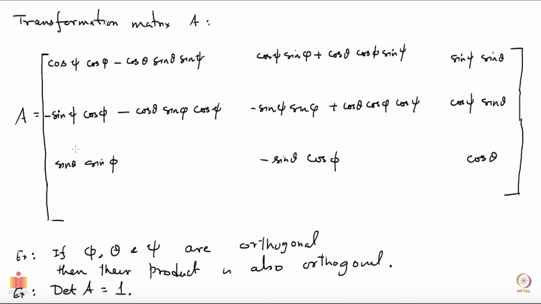Okay, and again you can check explicitly by taking this whole matrix that the determinant is 1, and also you can show that if you have a product of 3 orthogonal matrices or any number which are orthogonal and their determinants are 1, the product will also give you a determinant 1. Okay, so that is what you can check.